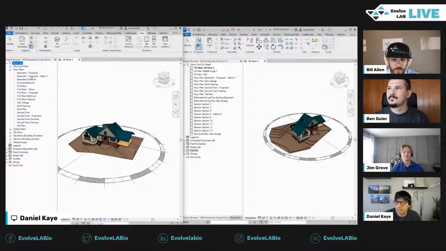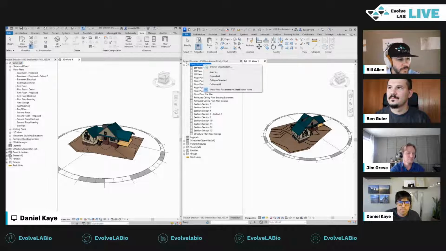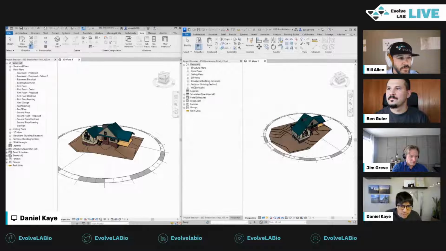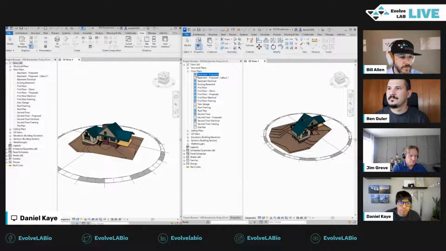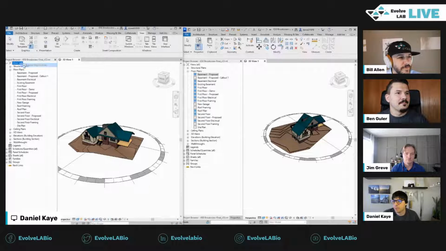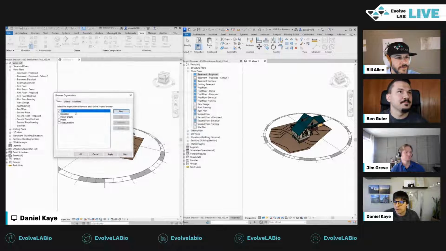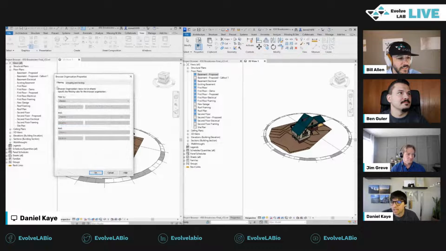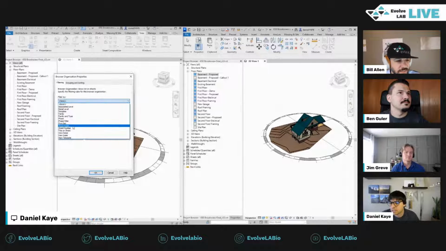You'll see if I open one of these lists, I have an incorrect browser organization there. Anyway, you get a little blue square icon, like a blue checkbox, but it's not actually a checkbox. It's just an image to tell you if a view is already placed on a sheet. In the old Revit on the left, 2022, you could make a specific type of browser organization, which I used to do at a lot of different firms, and you could filter